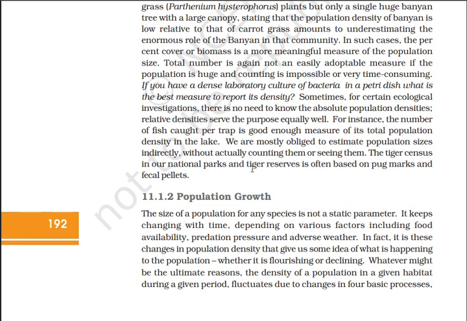Population growth. The size of a population for any species is not a static parameter. It keeps changing with time, depending on various factors including food availability, predation pressure, and adverse weather. In fact, it is these changes in population density that give us some idea of what is happening to the population, whether it is flourishing or declining. Whatever might be the ultimate reason, the density of a population in a given habitat during a given period fluctuates due to the changes in four basic processes,